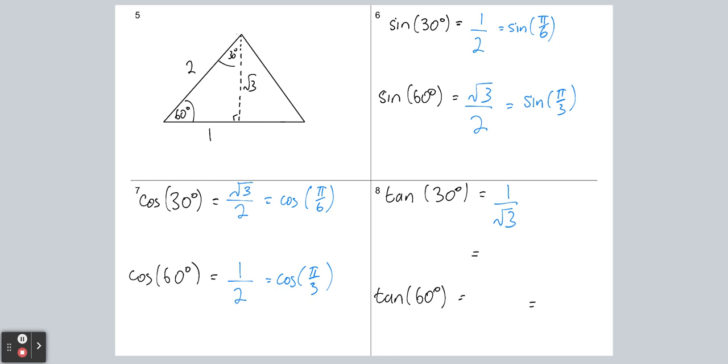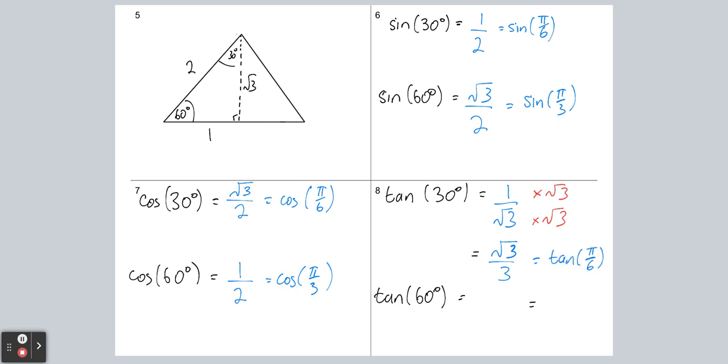It's pretty straightforward here. I'm going to multiply the bottom by root 3, because root 3 times root 3 is equal to 3. And I'm also going to multiply the top by root 3, and that gives us our new looking fraction, which is square root 3 on 3. So the tan of 30 degrees is root 3 on 3,